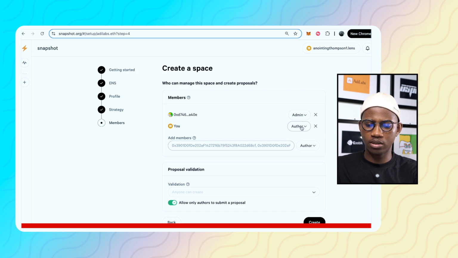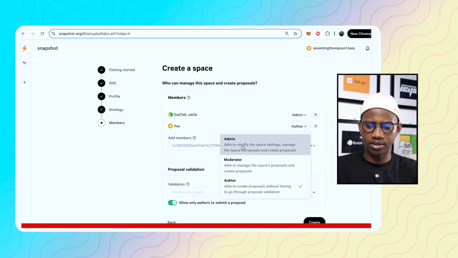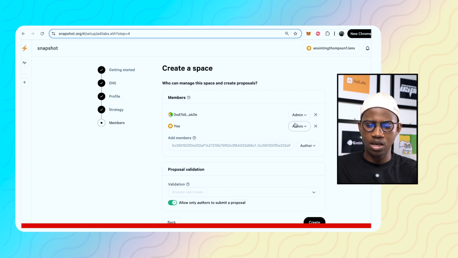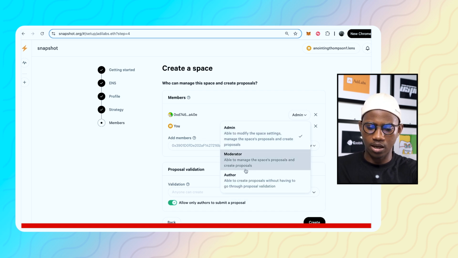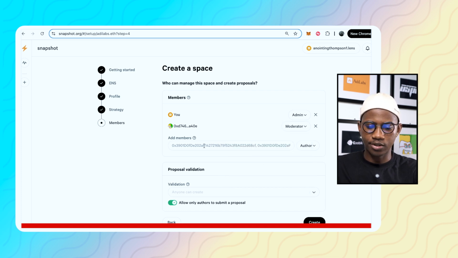Let me say I'm going to make myself an admin, and then make my other wallet address a moderator here. In this case, I'll be able to manage the space proposals and create new proposals as well. As an admin, you get to modify the space settings, manage the space proposals, and then create proposals as the case may be. So you can add another wallet address here, or the wallet address of any of your community